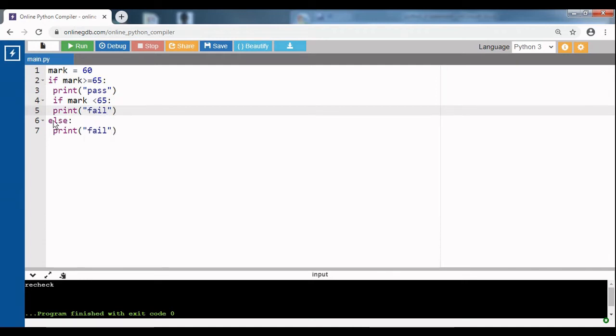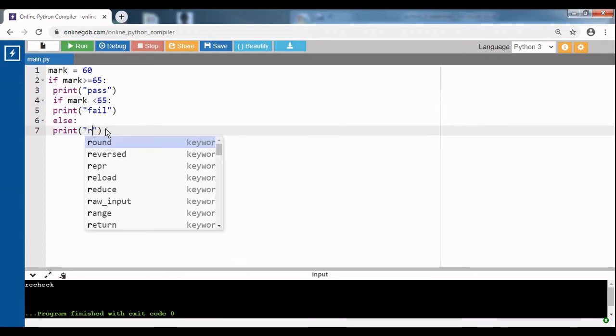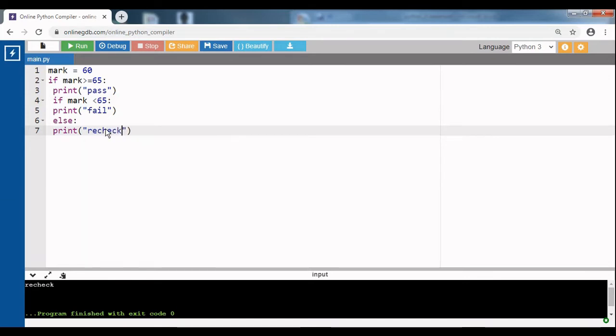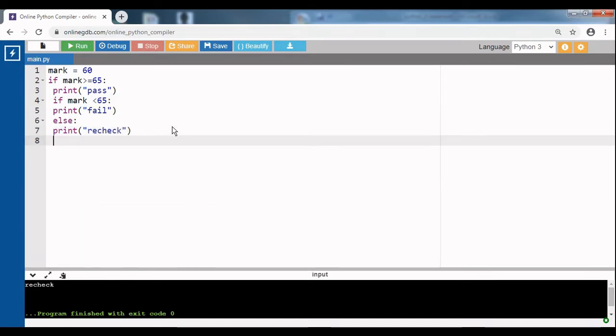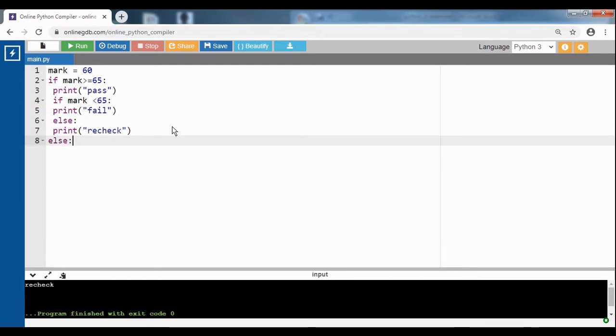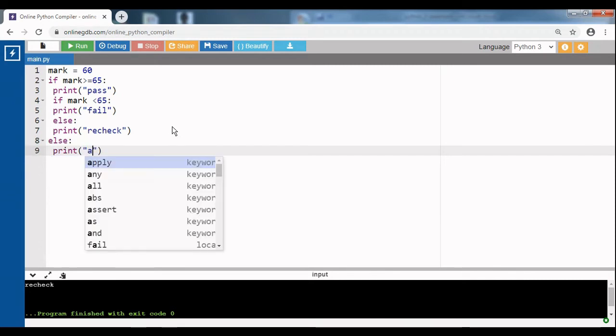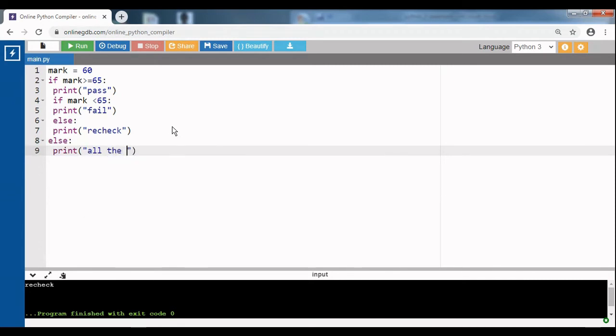Then I can have an else part for this, recheck. Next I can also have an else for the first if. Else print all the best.